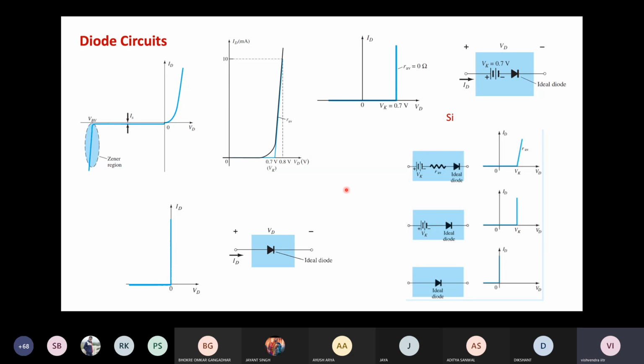So this essentially concludes our discussion of the PN junction and diodes. And we spent a lot of time in discussing this. Now, the next,